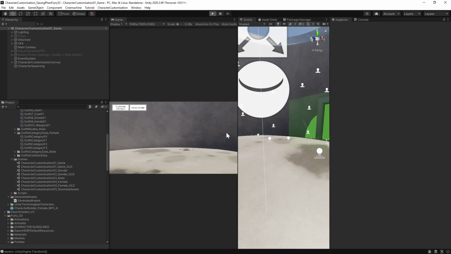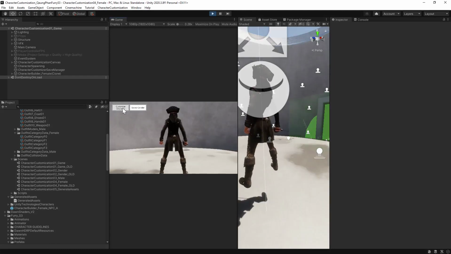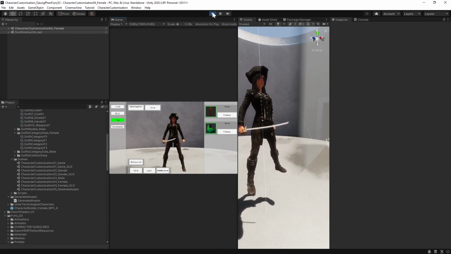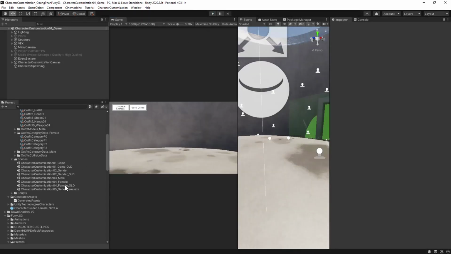So if we hit play, what we'll find is no matter which category we're in, the view is always the same. Now, you can, of course, script your own camera and your own solutions and zoom in and do all the fancy stuff, including fancy transition tweens and things like that. But if you want to use the existing functionality, what you need to do is we want to go inside